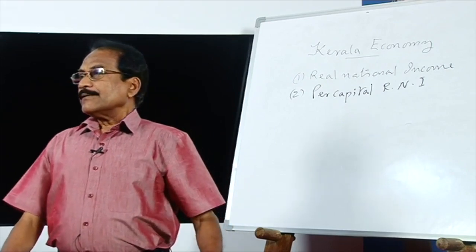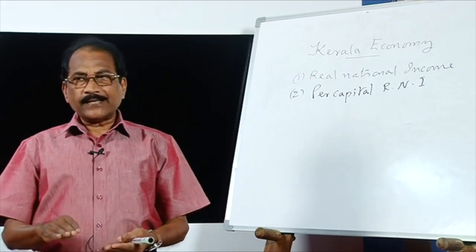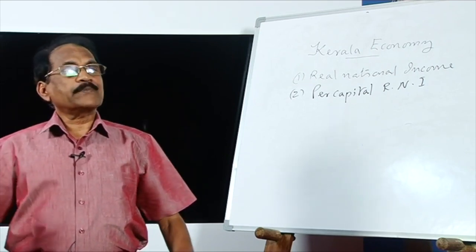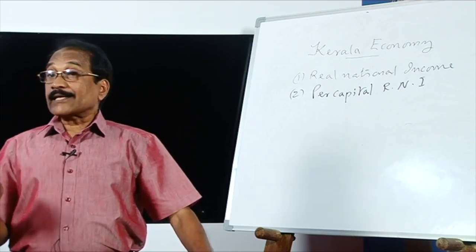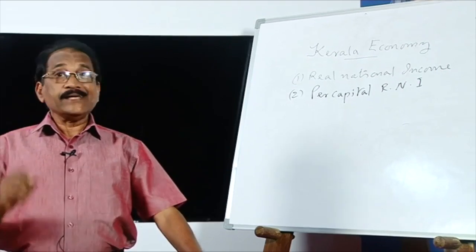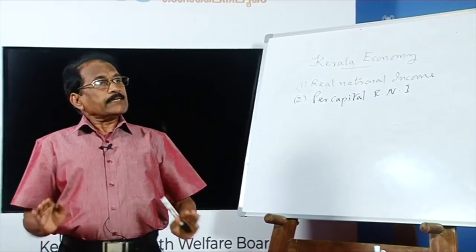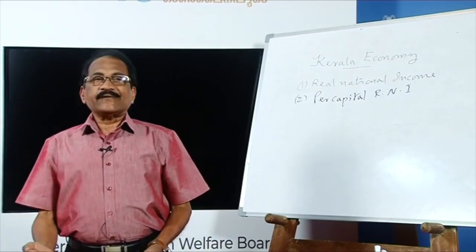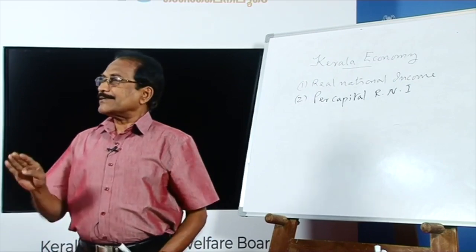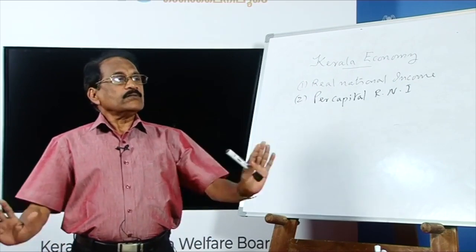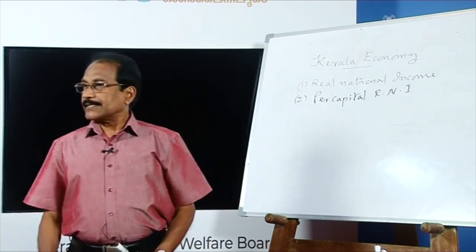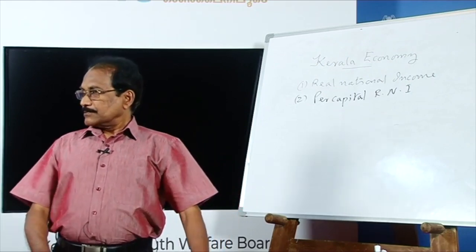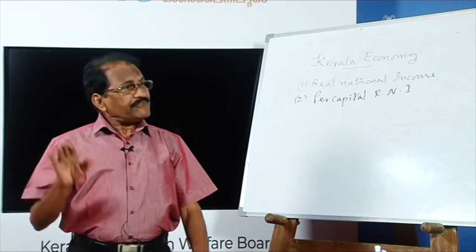So, they defined economic development as a process whereby the per capita real national income of a country is increasing over a longer period of time, because development requires well-being; better well-being of the people is necessary. That improvement in the living standard, or better living standard, is possible only when the per head availability of real national income is increasing. So they rejected the first and taken the second criterion. But the second criterion has got many limitations, many disadvantages or many defects.